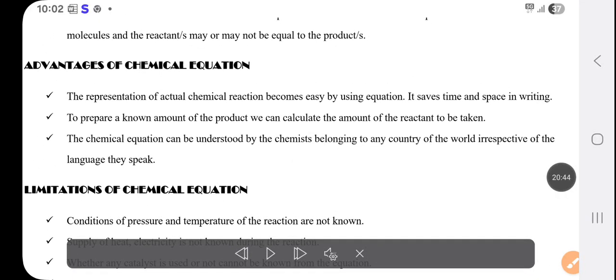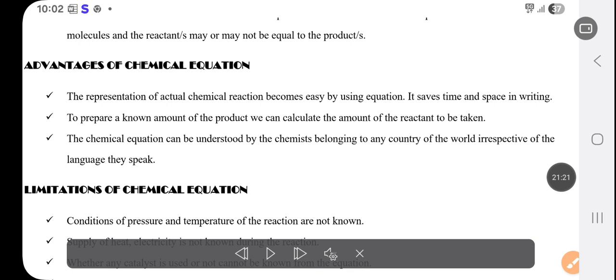The chemical equation can be understood by a chemist belonging to any country of the world, irrespective of the language used. If we say Zn, in English we call it zinc, but in other languages there might be other names. Like copper, Cu. It is one of the most common metals that we use. So various languages have various names,